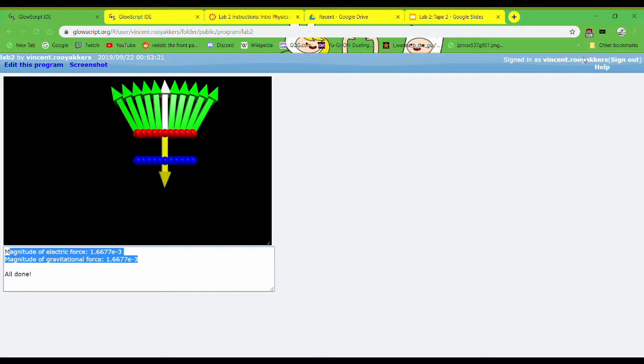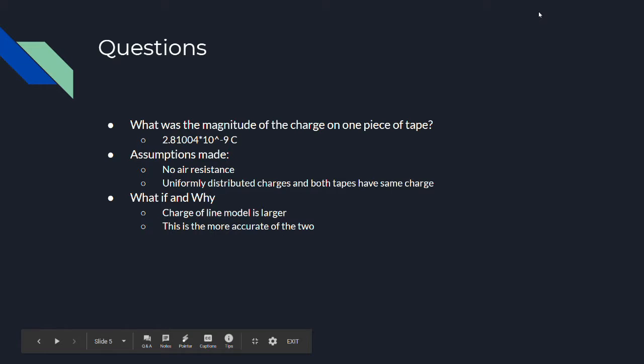So now let's go into our conclusions. Here's the magnitude of charge that we calculated for one of the pieces of tape. There were two main assumptions made in this calculation, one being that there was no air resistance, and the other being that the charges were uniformly distributed throughout the tapes and that both tapes had the same charge. For the what-if and why questions we were asked to answer,